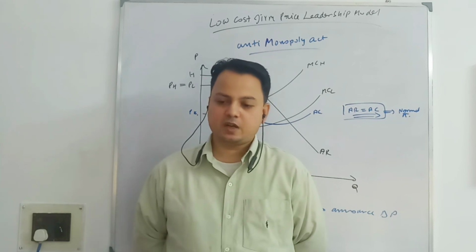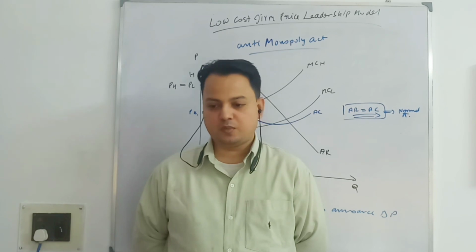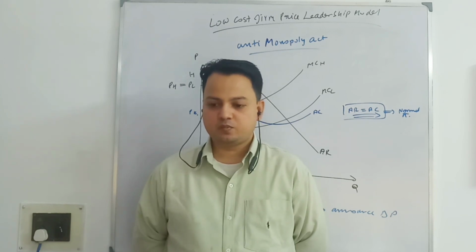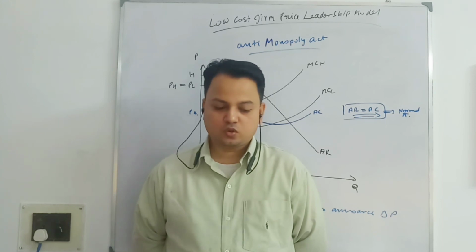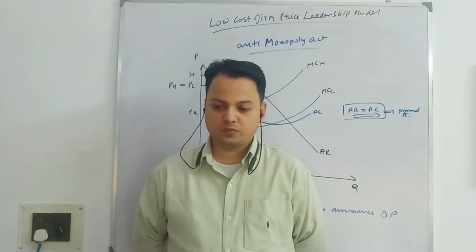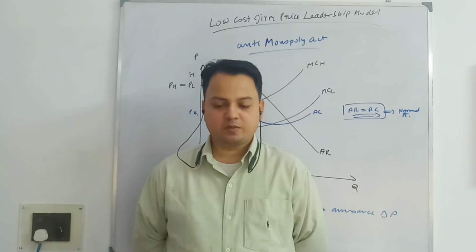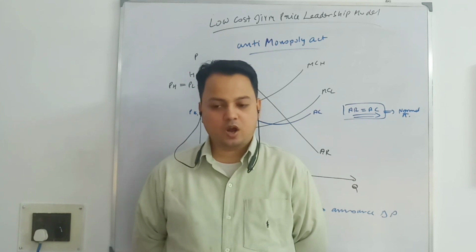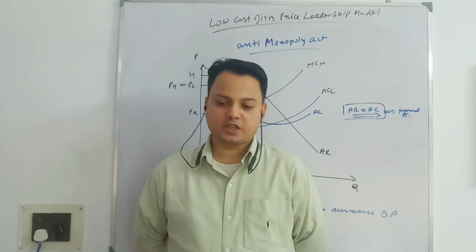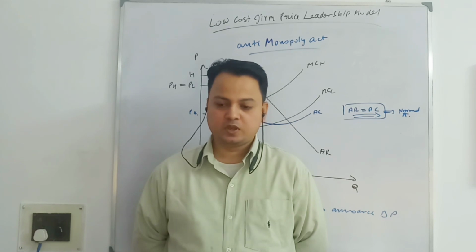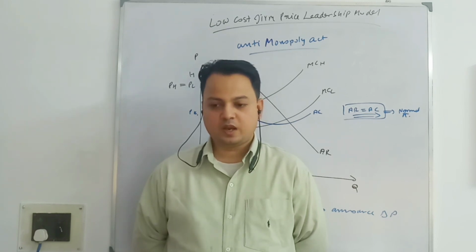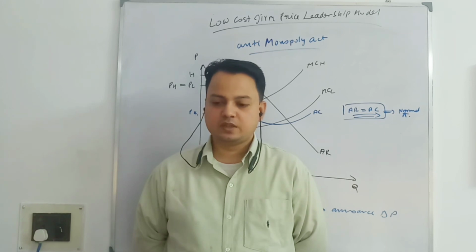So we start by saying that this dominant firm is capable of estimating market demand. It is able to estimate small firm supply, and by taking that into account, it is able to derive its demand. By deducting the supply of the small firms from the market demand, it is able to derive its demand curve and know how much it is going to produce in order to maximize its profit. So it will follow the MR equal to MC condition, thereby determining its equilibrium output and price, and that price will be followed by the small firms.